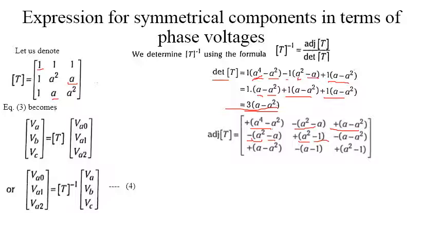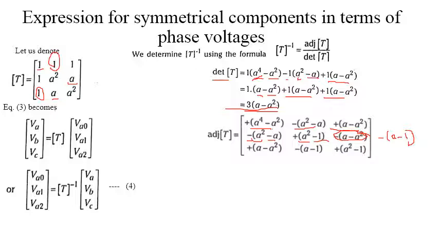This is not actually the correct answer. It is not minus of the term in the bracket a minus a square. I should have a minus sign. For this 1 into a, I will get a. Then 1 into 1 we will get minus 1. This is the correct one. So it is not minus of a minus a square; the term is minus a minus 1.